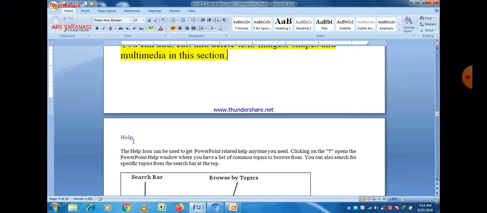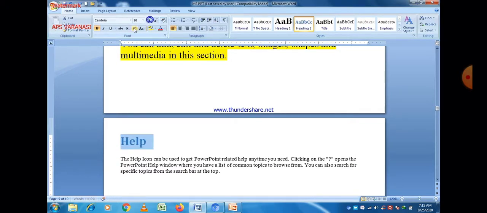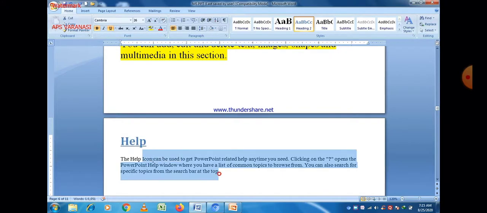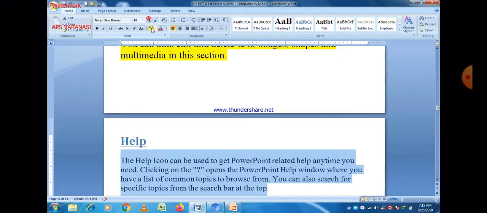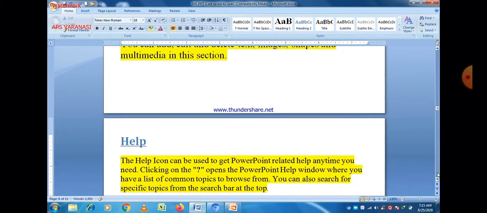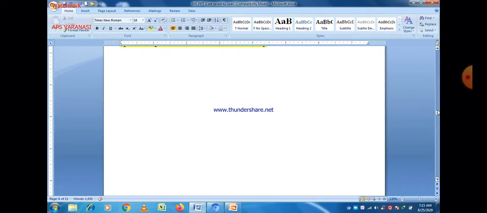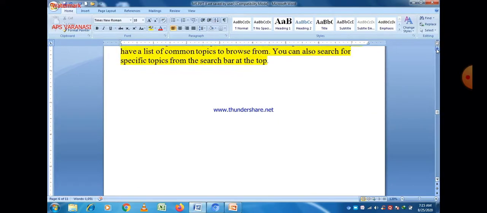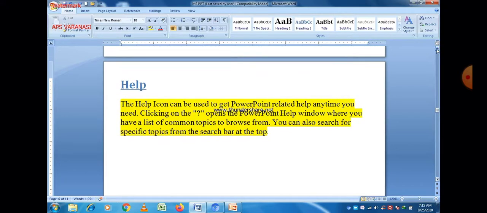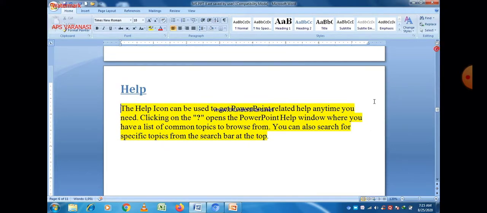Next is the help section. The help icon can be used to get PowerPoint-related help anytime you need it. Just click on the question mark in the top left corner to open the PowerPoint help window, where you have a list of common topics to browse, and you can also search for a specific topic using the search bar at the top.